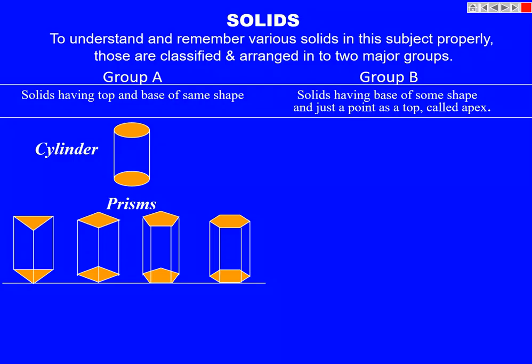So when you take any solid, there are two groups. One is the prism part, another one is the pyramid part. If you take a prism, one thing we can observe is that the top and bottom faces have the same structure, connected by the edges, so that they have connectivity. In case of pyramids, if you take